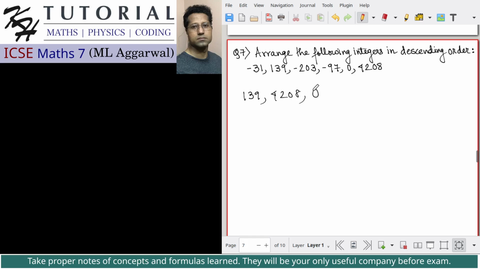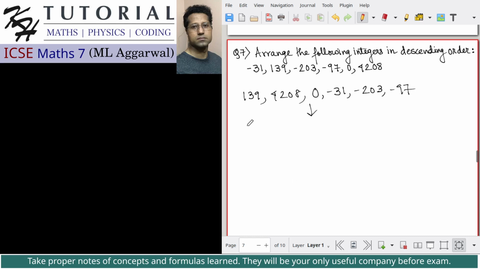Now to the right hand side of the 0, I will write all the negative integers, which are in the same order as it is given in the original list of numbers. So minus 31, minus 203, minus 97. Now, in the first step, I have written down all the positive integers to the left hand side of 0 and all the negative integers to the right hand side of 0. Now I will arrange all the positive integers to the left hand side in a descending order,